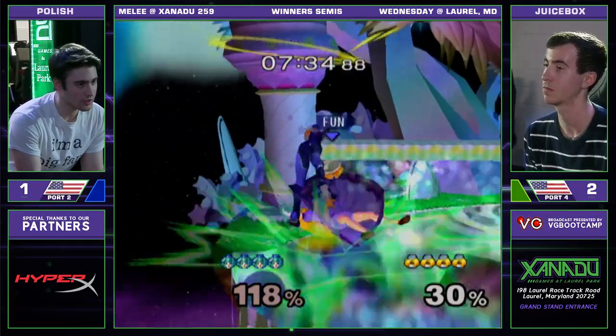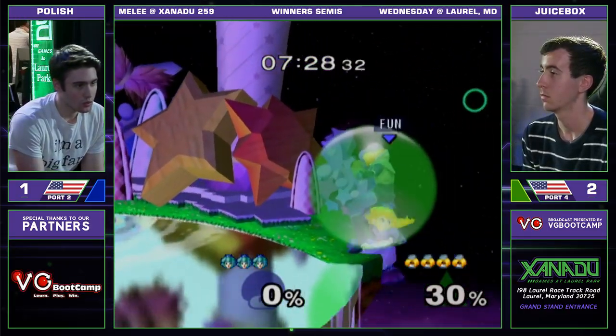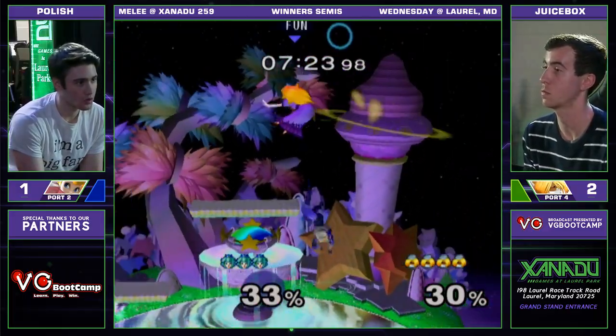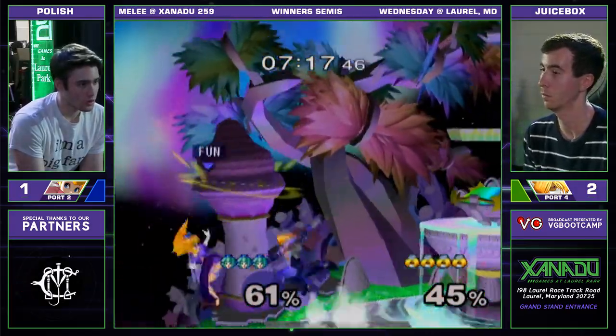Oh wow, you can cover that. It's kind of deceiving how Sheik just lunges forward with that grab. It always barely reaches. Yeah, it's frustrating. But I don't know whether it's better than jump cancel or not. I know there's some characters that